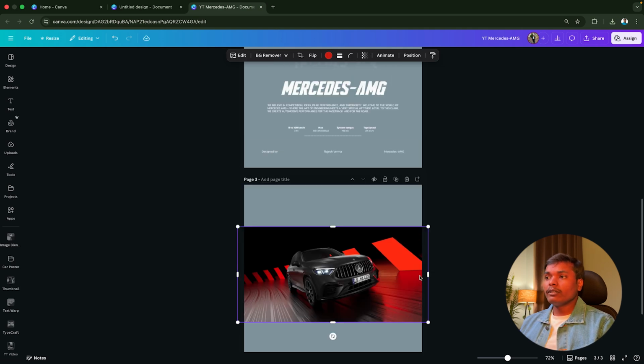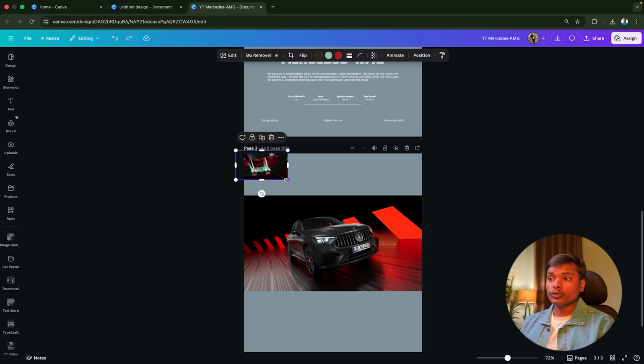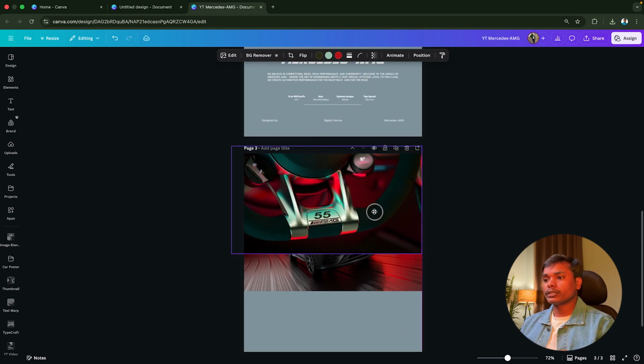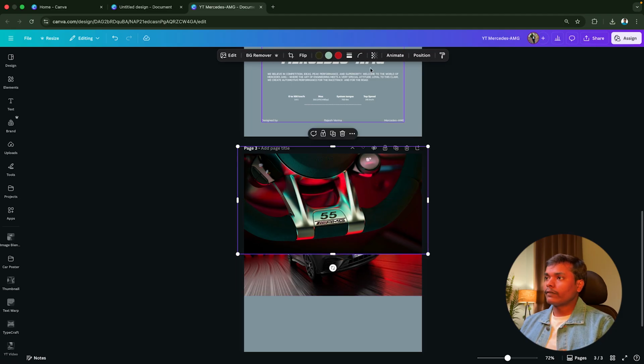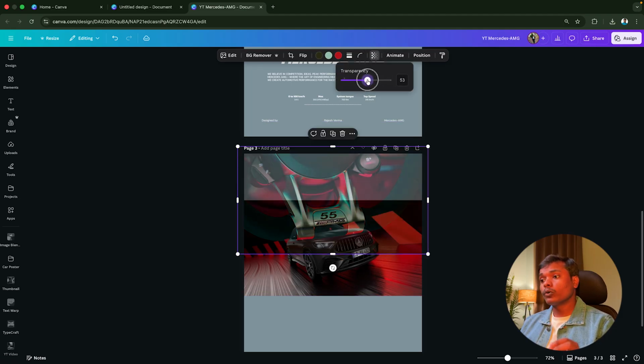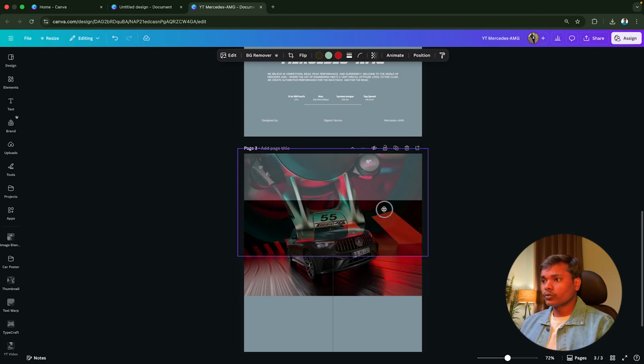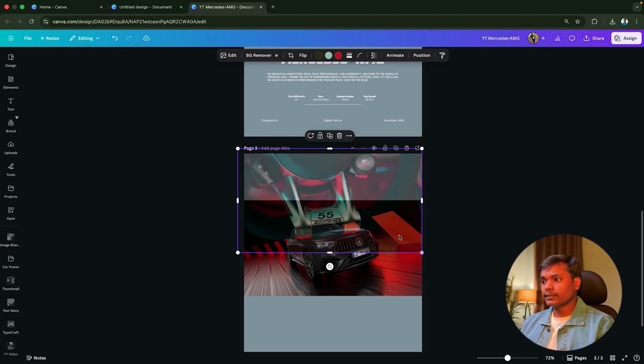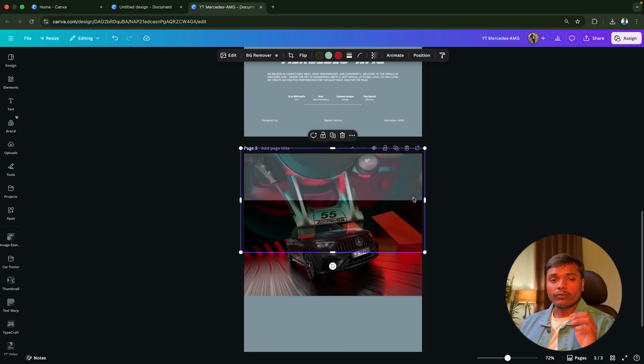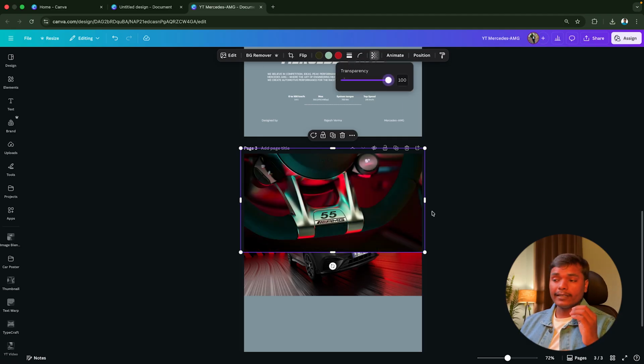After placing this, I will choose the second image which I am going to use to create this poster. So I will just make it like this. After decreasing its transparency, I will look at how it is looking. So I am going to place it like this. You have to remember one thing: while placing any of the images, you have to figure out whether the main part which we are going to highlight is in the center or not. As you can see here, the AMG should be in the center, a little bit center.